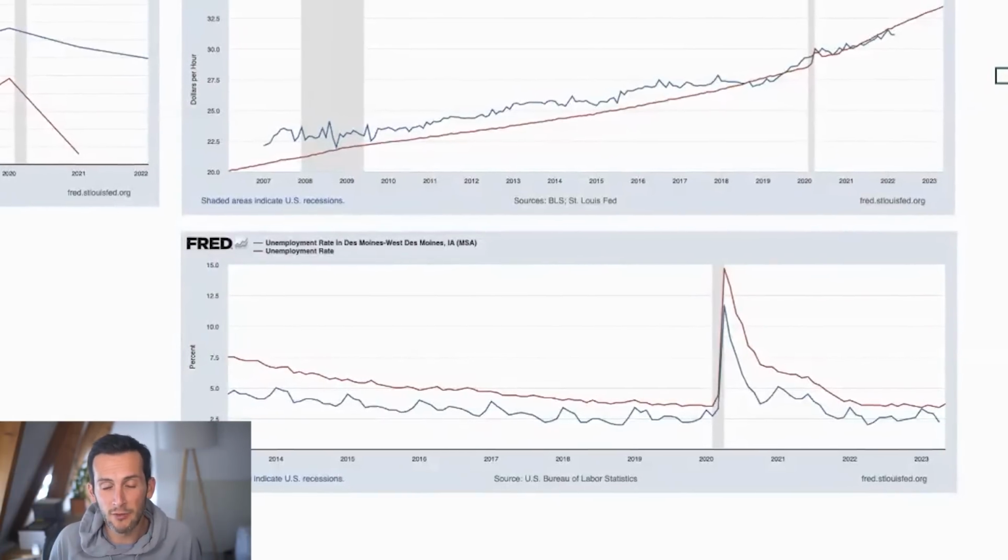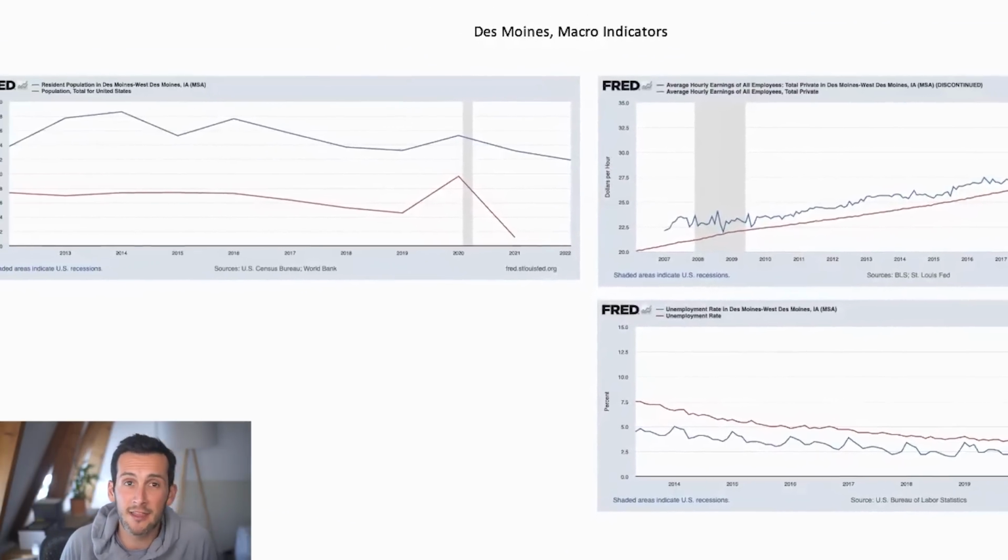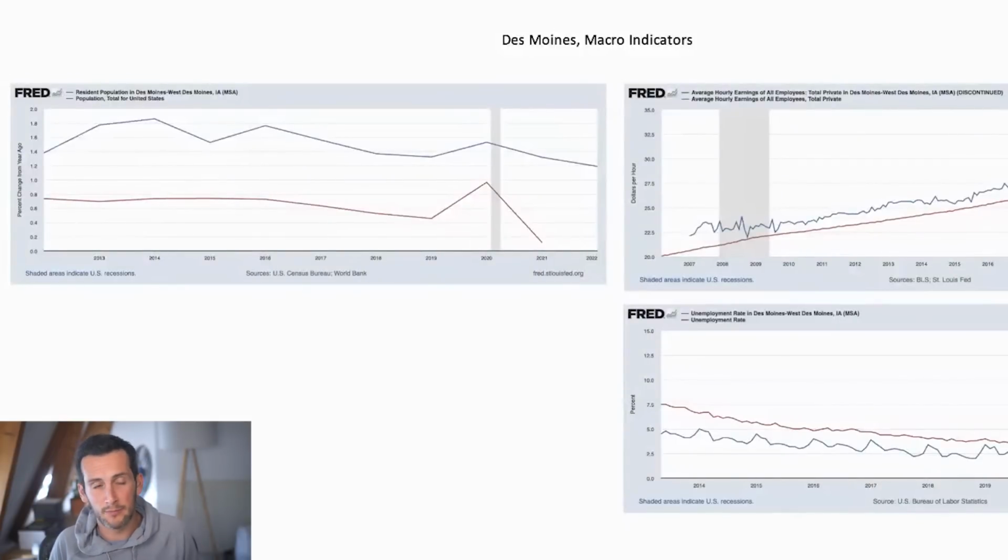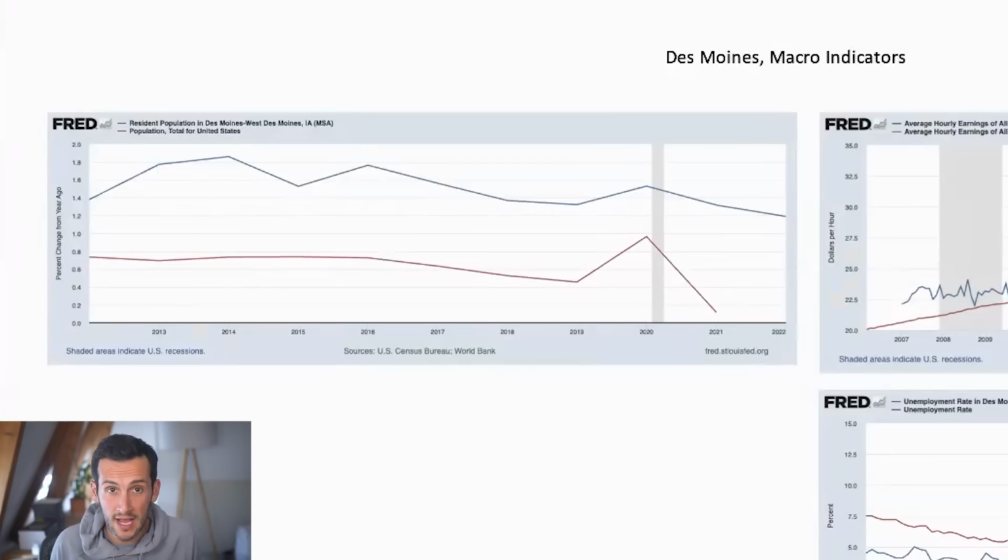picture of Des Moines. So when I look at these three macro indicators together, what I see is a place that is growing, people are working, wages are going up, all things that you like to see as a real estate investor. So the tool I recommend if you want to check out these types of macro indicators for yourself